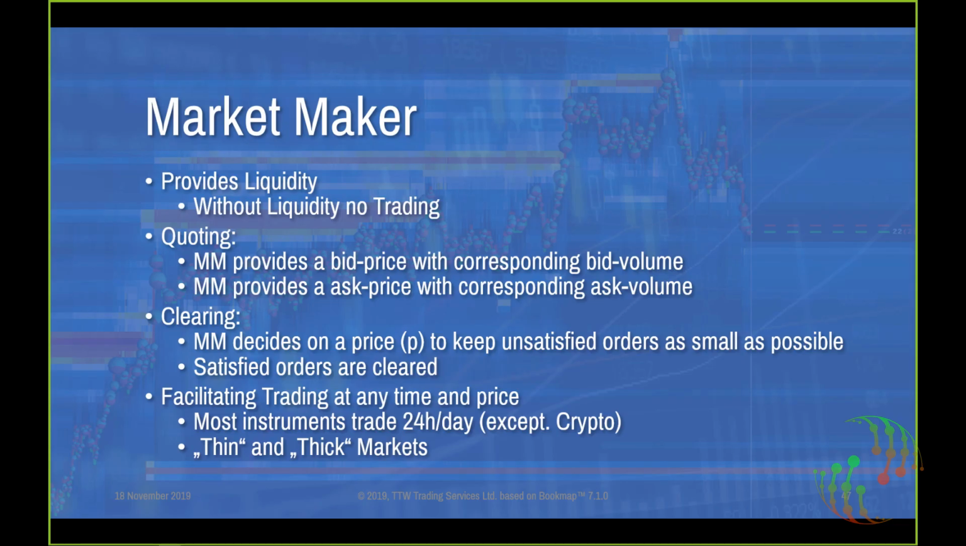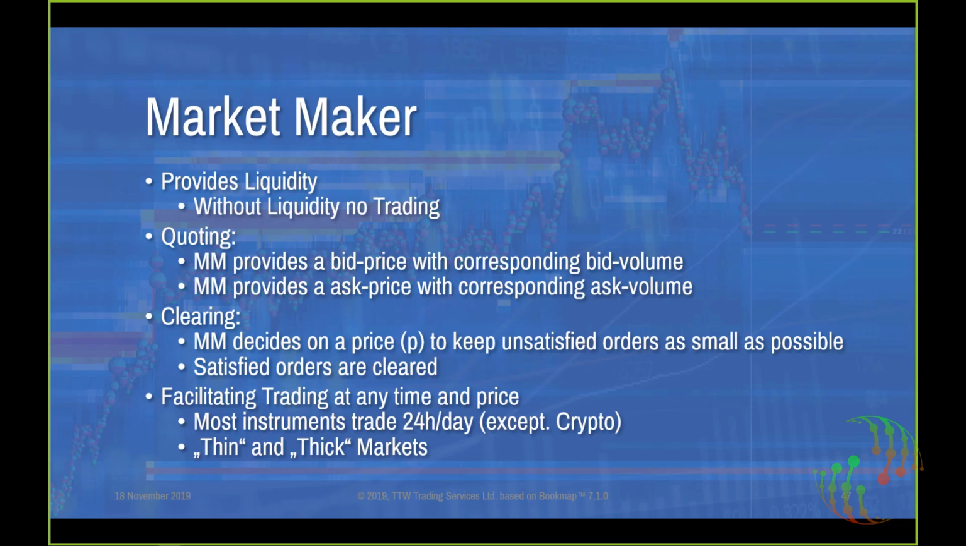Clearing means once buyers and sellers have submitted orders that specify a price and a volume, the market maker decides on a price that makes the number of unsatisfied orders as small as possible. Satisfied orders are cleared. That means clearing. That's what the electronic part of the CME is doing. They are matching the orders FIFO, at least for example for the CME futures. So this electronic market is